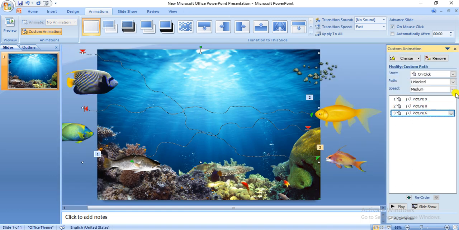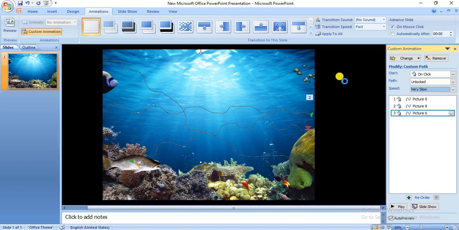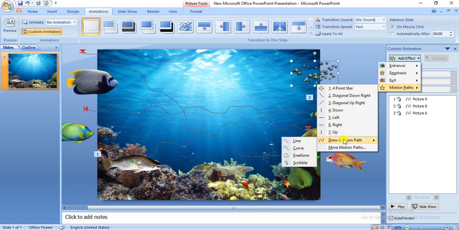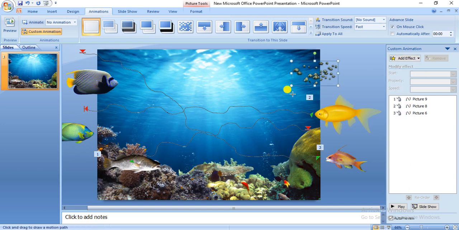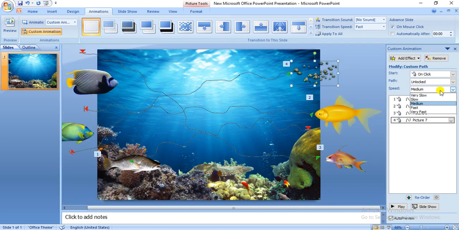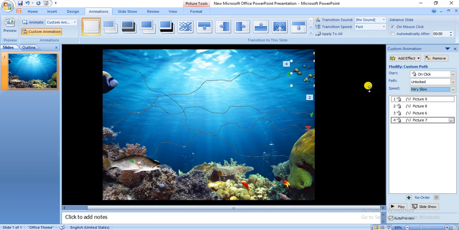And you can go for the speed adjustment, let it be very slow. So remember, the speed should be very slow so that our animation looks realistic. So I'll just click on the freeform. So once again, you can just check out how you can go through it like this, and click on escape, and you can adjust the speed very slow.